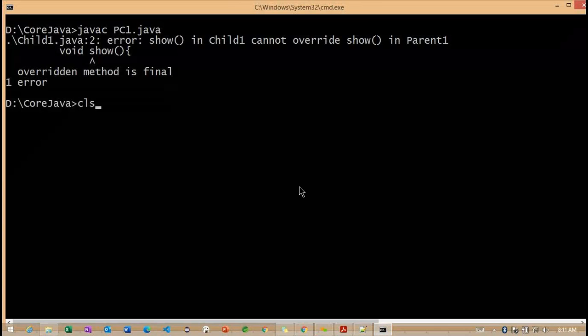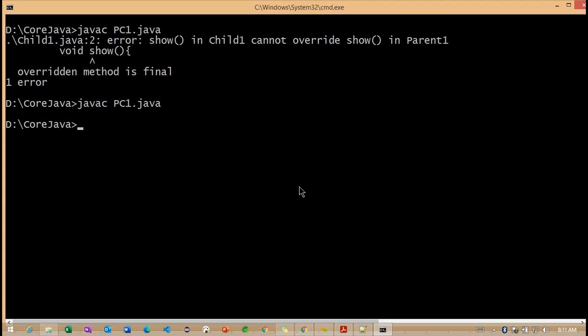Let me compile one more time. The compilation is successful. PC1. Now we need to understand very carefully here: both the show methods are called from the parent here.